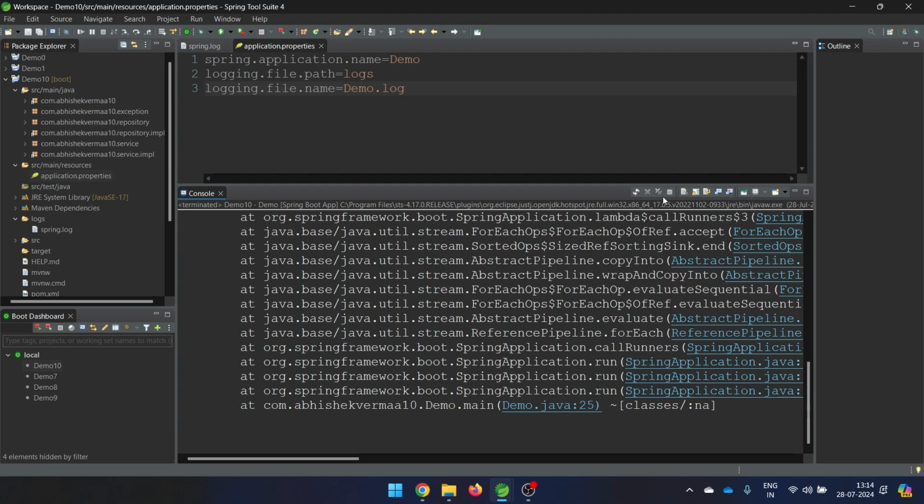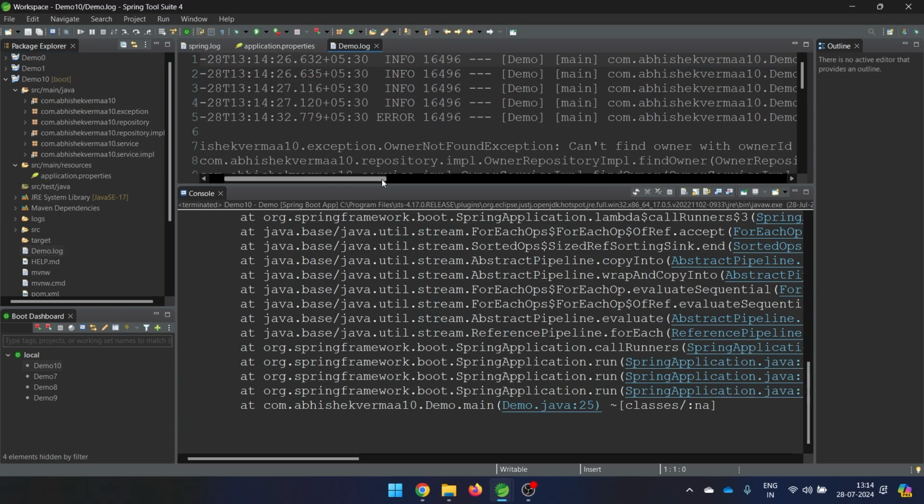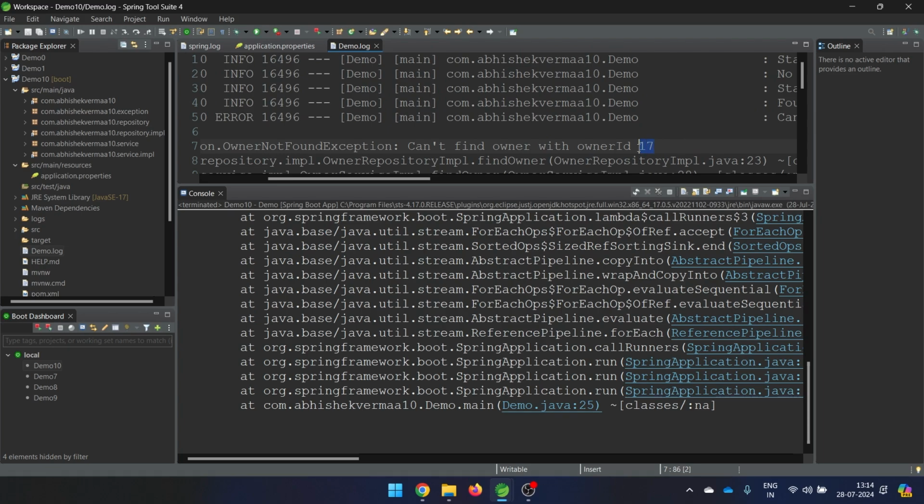So I have done something like this. Now let me again refresh this particular thing. Now you see this demo.log got created outside your logs folder, and here it is showing you the latest data, 17. So for this 17 only it is showing you,